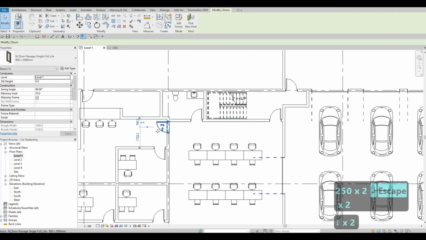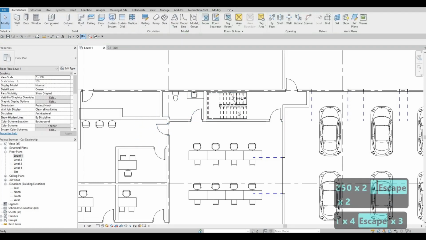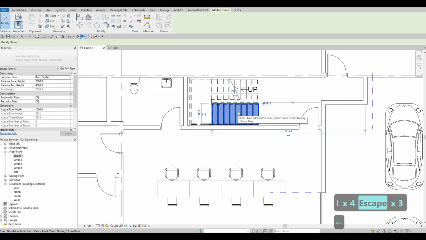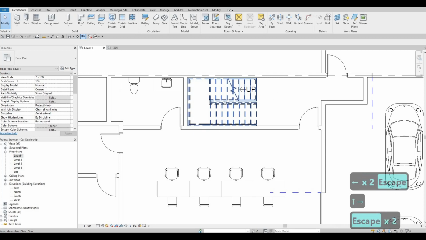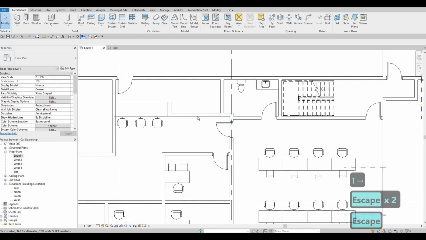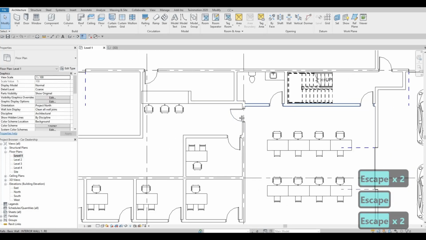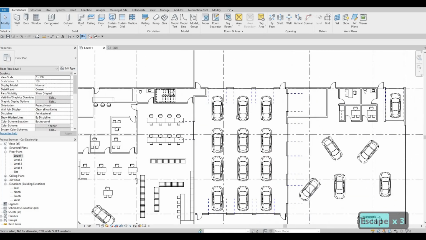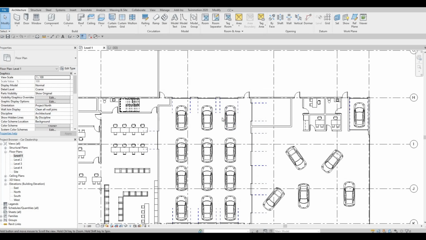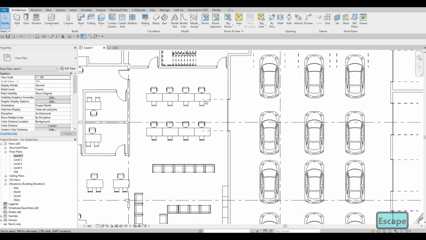And then we could just move this one right there, just to have a little bit more spacing from our stairs right there. And if you want to align it, you can align it to make it easier for you guys. And also right here,